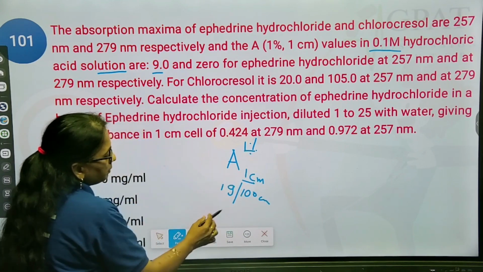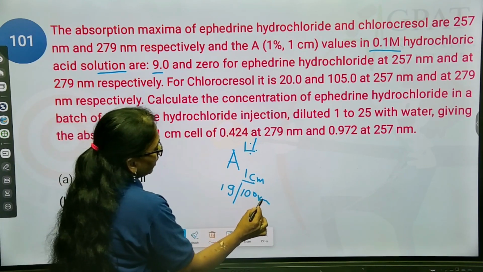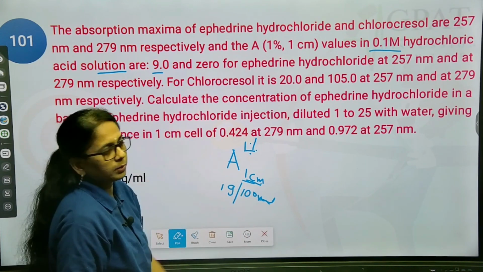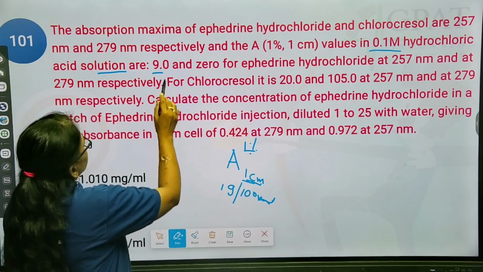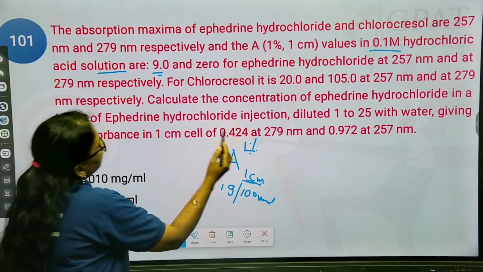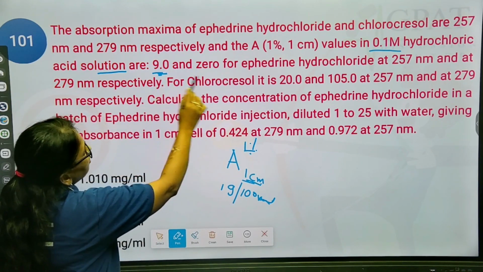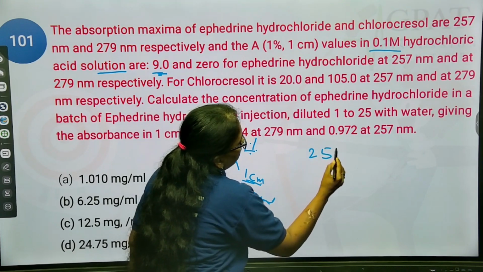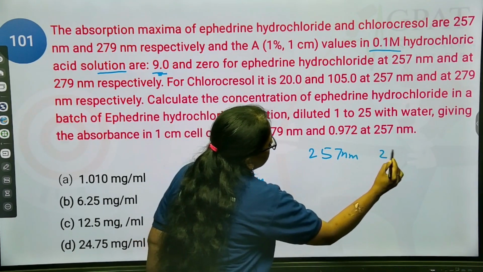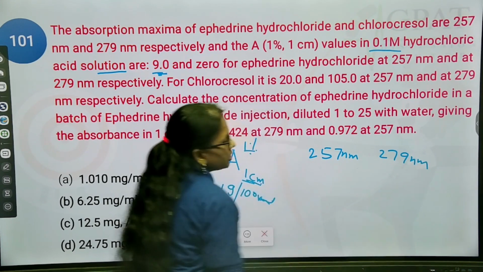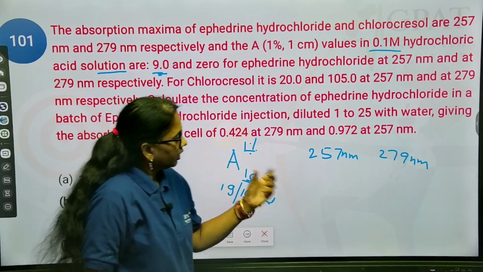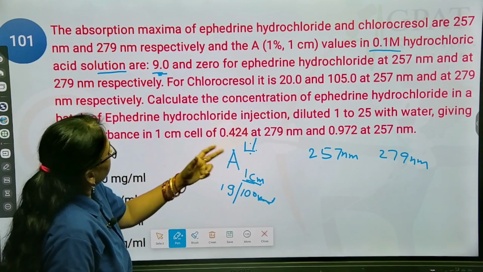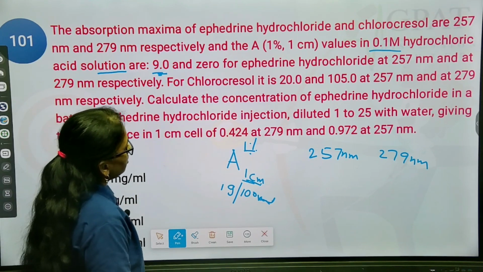1% means 1 gram per 100 ml solution. And the path length you are going to observe is 1 centimeter. Then only we can say that this is A 1% 1 cm. So for the two drugs they have given, for ephedrine hydrochloride it is 9.0 and 0, at 257 nanometers as well as 279 nanometers. That means for two drugs they have determined the A 1% 1 cm values at two wavelengths, and they have given them